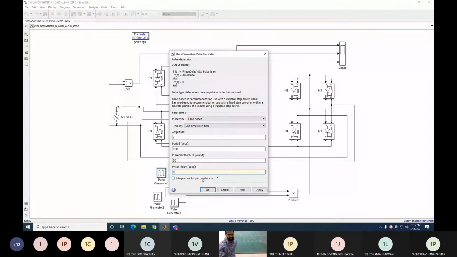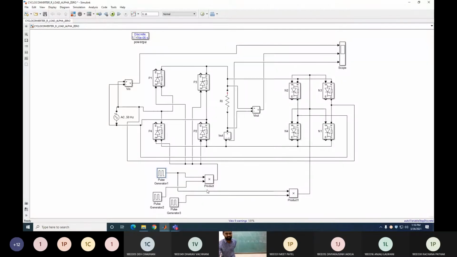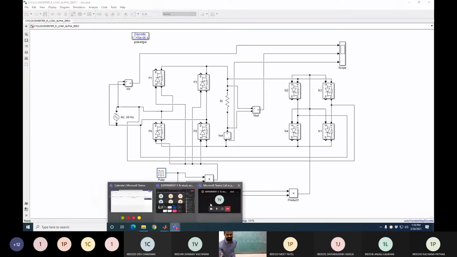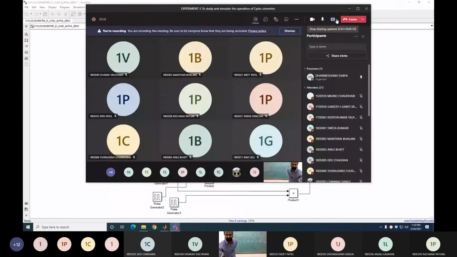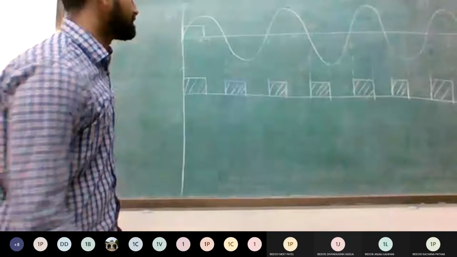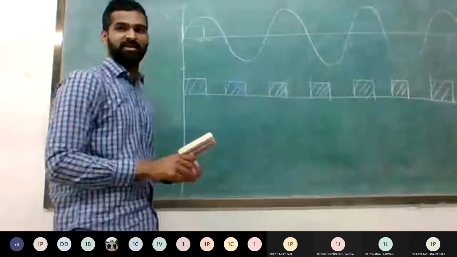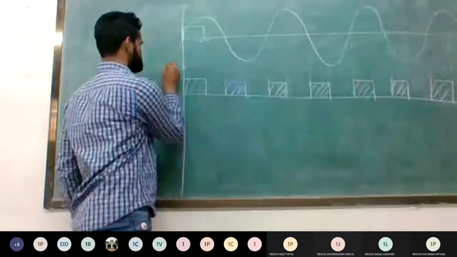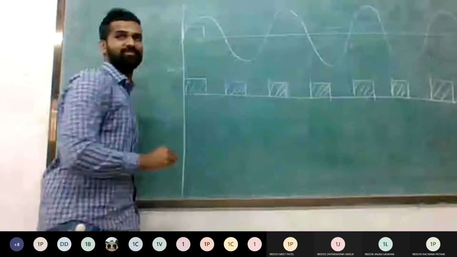Here you can also write down like this. So phase delay 0, it means starting from 0 to 5 milliseconds, you get the continuous gate pulse. So at every 10 milliseconds, they generate the gate pulse. Here, it is like this way. You can see this. This is the pulse generator 1 output. I will call it as IG1.